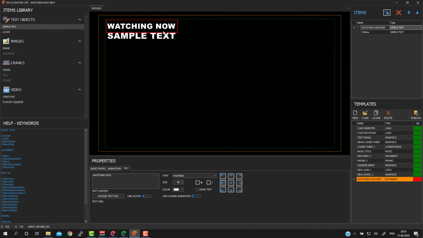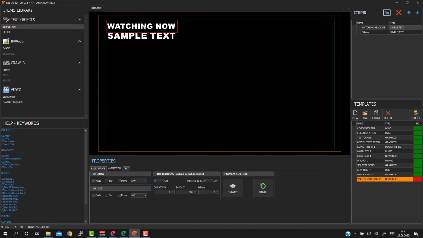To do that, I will just define timing for the first two objects. So my headline, it's fine. Please go from my left side. I will activate time blending, and I will set it to just be on air for 3 seconds, 3000 milliseconds to be precise. And for my second object, I will also activate animation, and also I will activate time blending